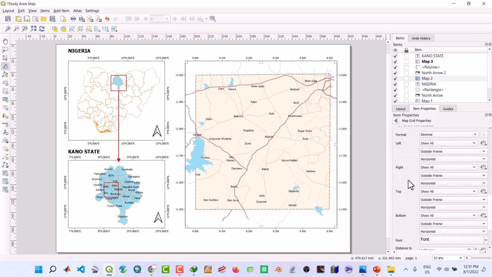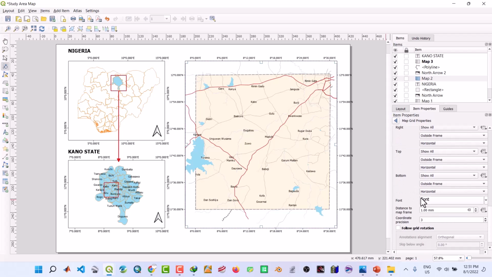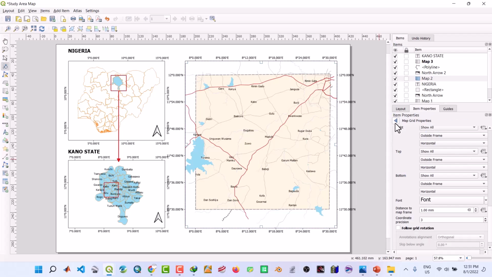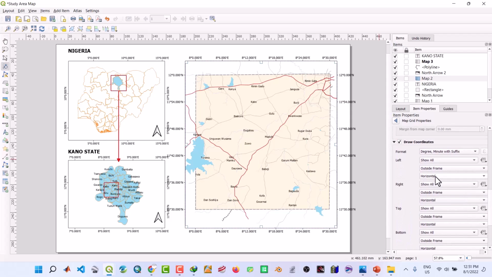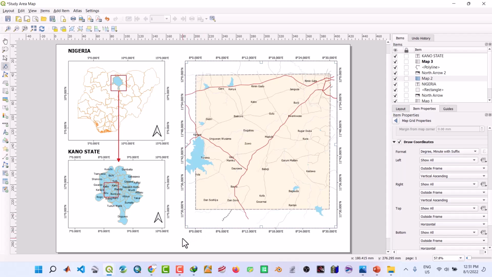And let's move down. Let's change under draw coordinate. We change this to degree minute suffix. Let's move down to increase the font. Let's change the font size to 12. Okay. Then on the left, vertical ascending, on the right, vertical ascending. So let's see. And now let's